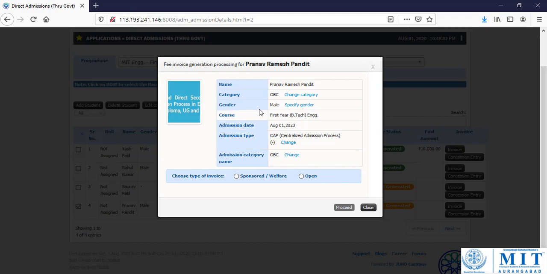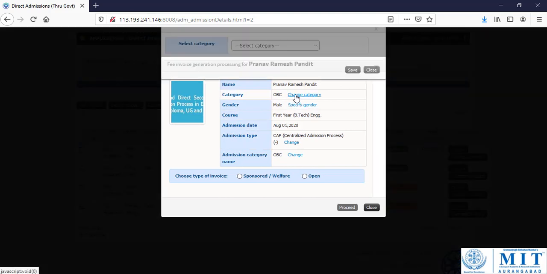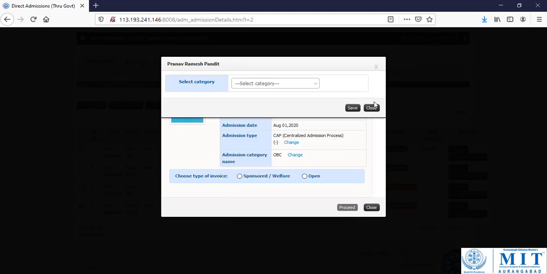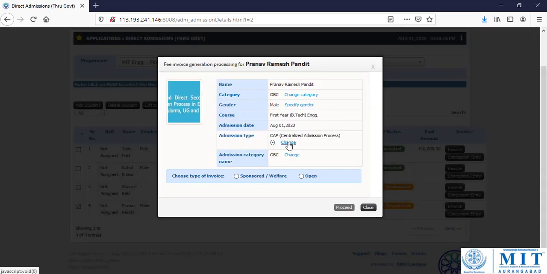So carefully we are going to select and we are going to verify the category and admission type. So category of the student is OBC. So it is already there, OBC, so we are not going to change it. The admission type is CAP. Okay.